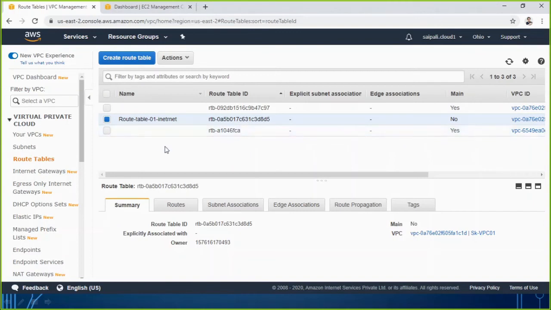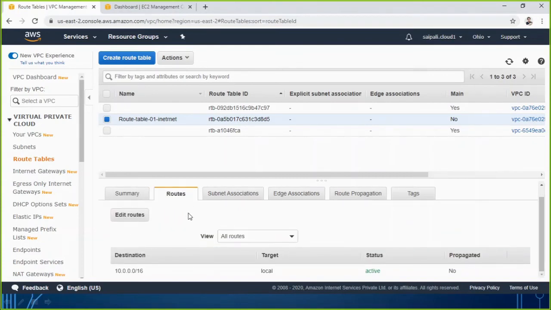Now once we have created the table, it doesn't have all the routes inside of it. How will you check the routes? For that you select the routing table and go down, you check here the routes. Click on that route list and you will see by default it has only one route, that is 10.0.0.0/16, and